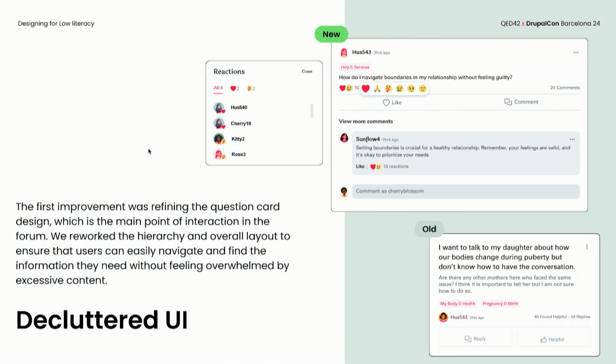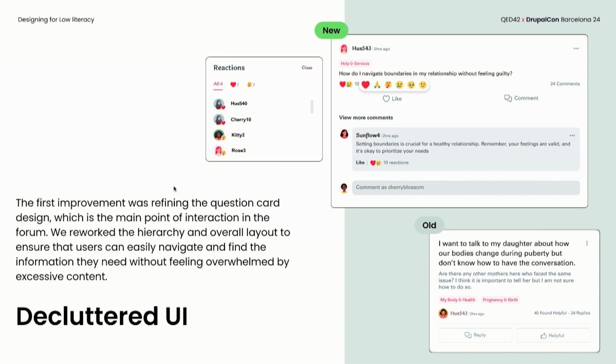So the first thing that we did was declutter the UI. It's not always that you have to add something to make it more engaging, but we can also delete it. And if we are adding, for example, in the cards, we have added emoticons.